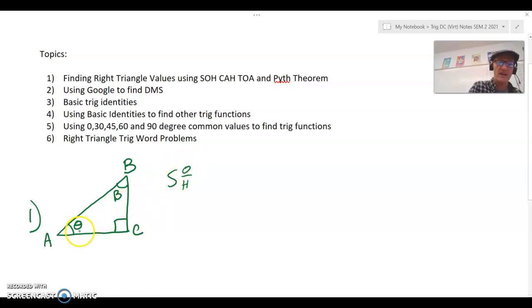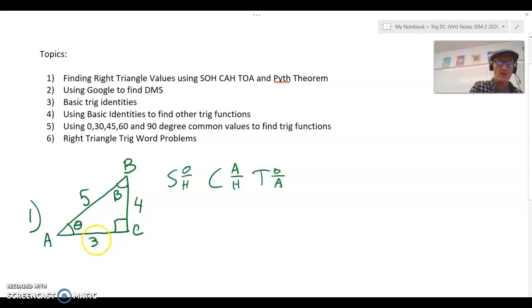The sine of the angle, either theta or beta, or whatever angle you're referring to. The cosine is the adjacent side, which is the one next to it over hypotenuse, and the tangent is the opposite side over the adjacent side. These are all lengths. Okay, so if this triangle was of lengths 3, 4, and 5, so the two legs